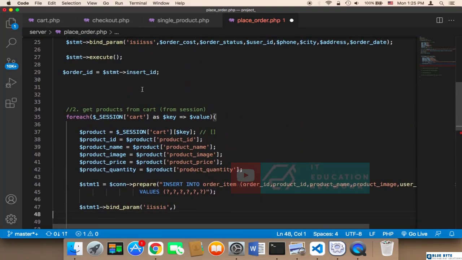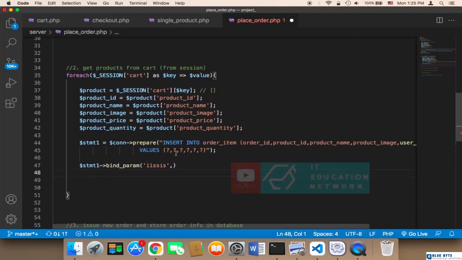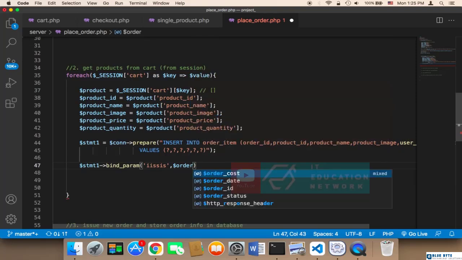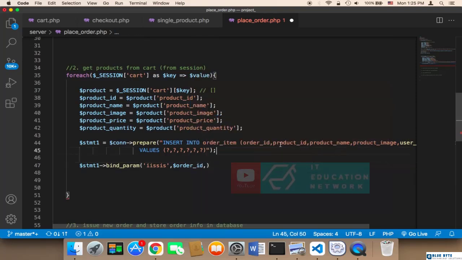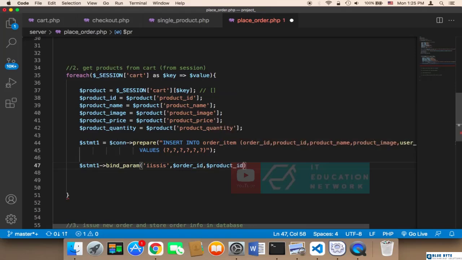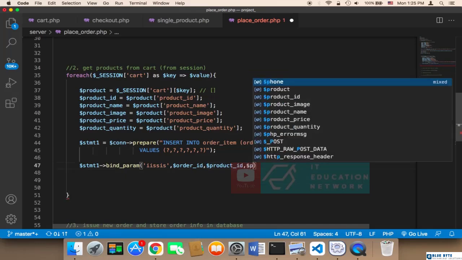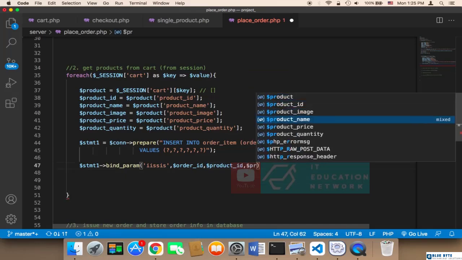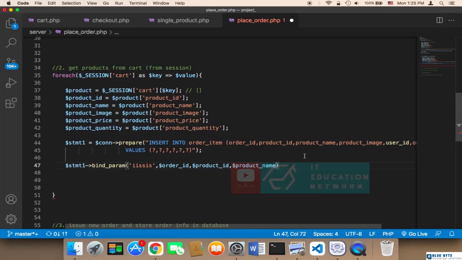And then comma, and then let's start with the order ID. So the order ID is here. This is the order ID. I'm going to say here order ID. And then product ID. Product ID. And then after the product ID, we need the product name. So we have the product name, and then the product image,